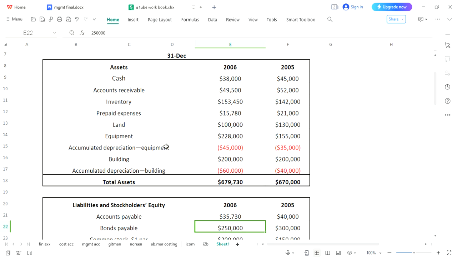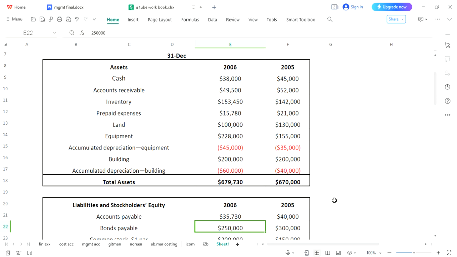This is your asset side. Now your attention is utterly needed. Please note it down. In the first column it is 2006. In the second column it is 2005. Normally opening assets are given in the first column and closing assets are given in the second column. But here the question's sequence is different. So you will be very much careful if such questions are present in your paper. So 2005, these are opening assets and these are closing assets.